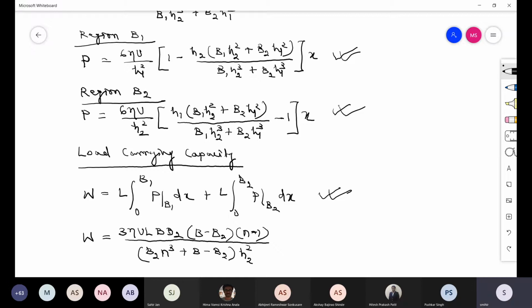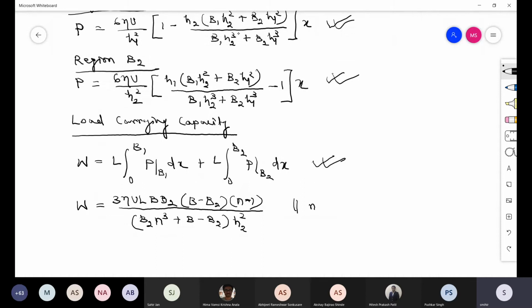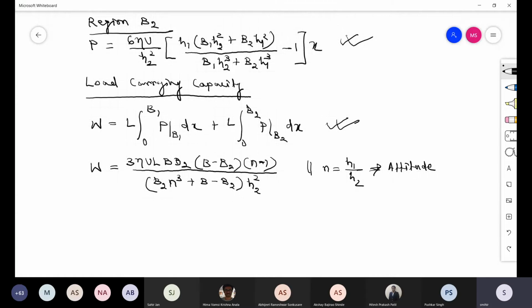Okay, so this is the load carrying capacity where N, as we already discussed, is equal to H1 minus H2, which is altitude. Okay, so this is what you will get as load carrying capacity. Now, if you want to find out the optimum load carrying capacity for optimum value,